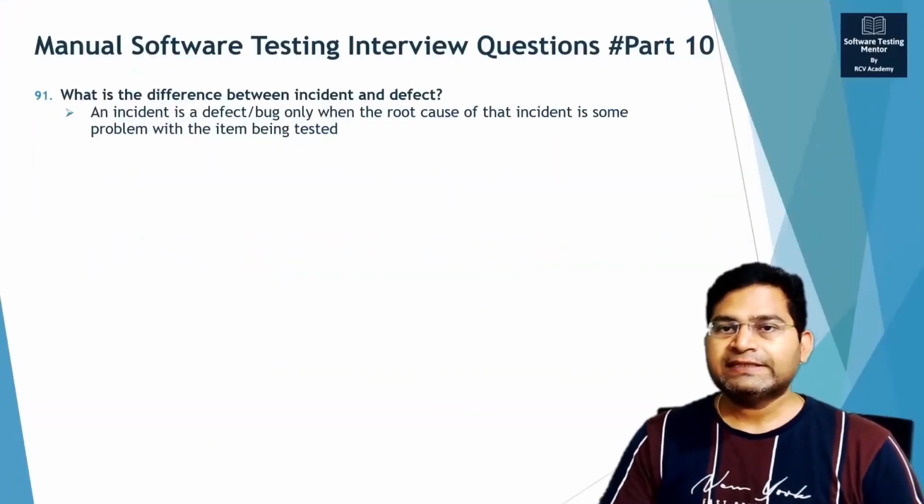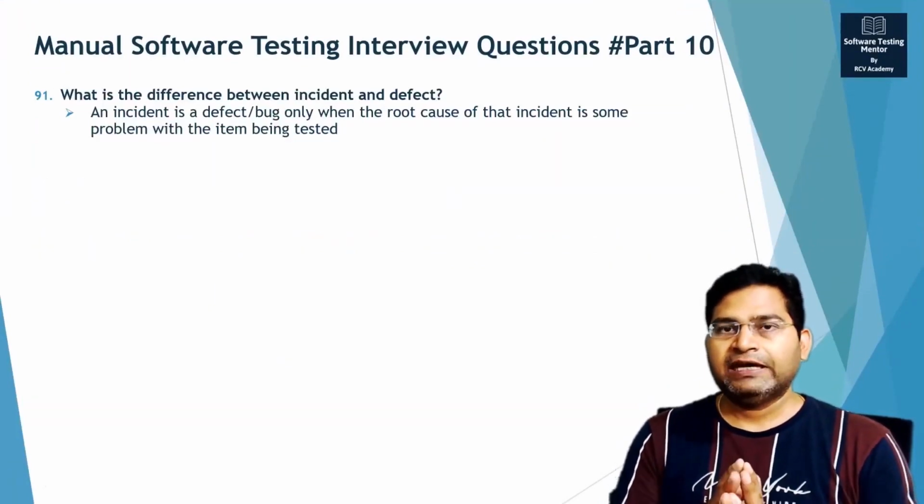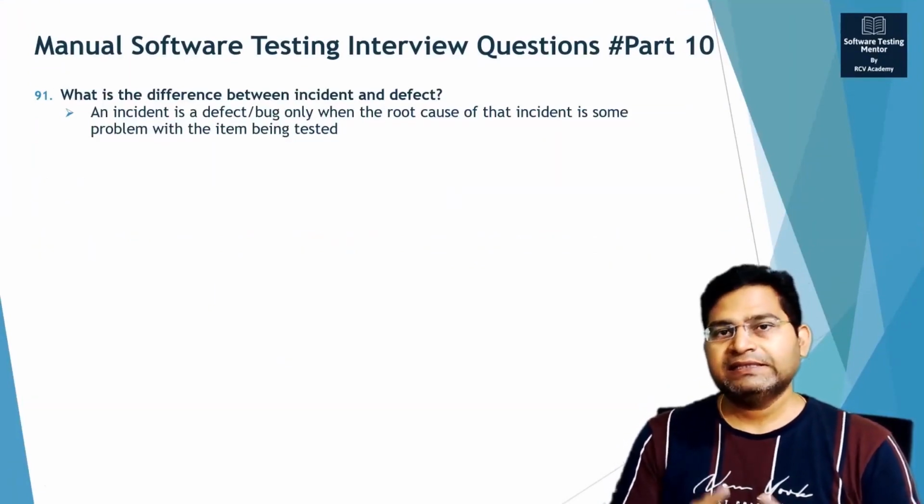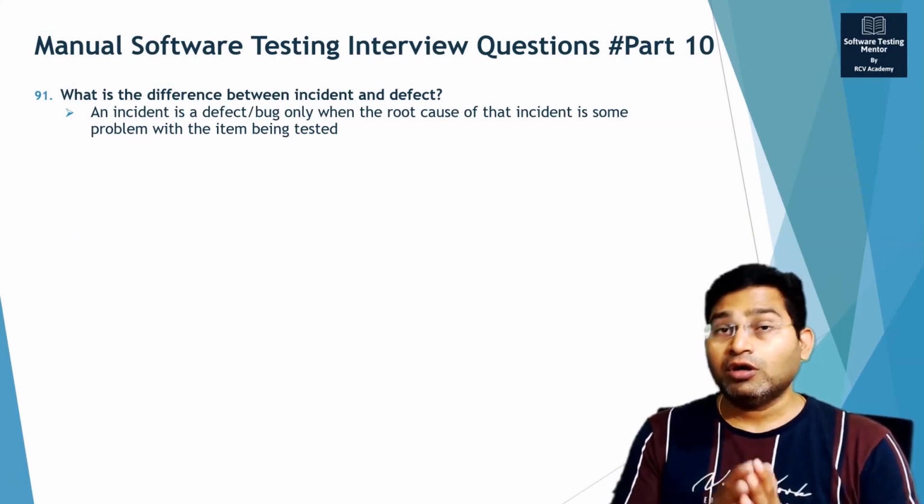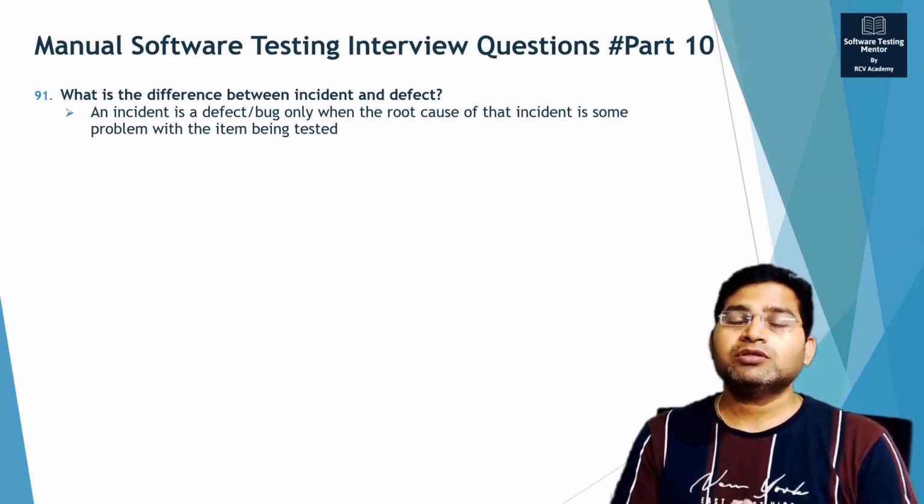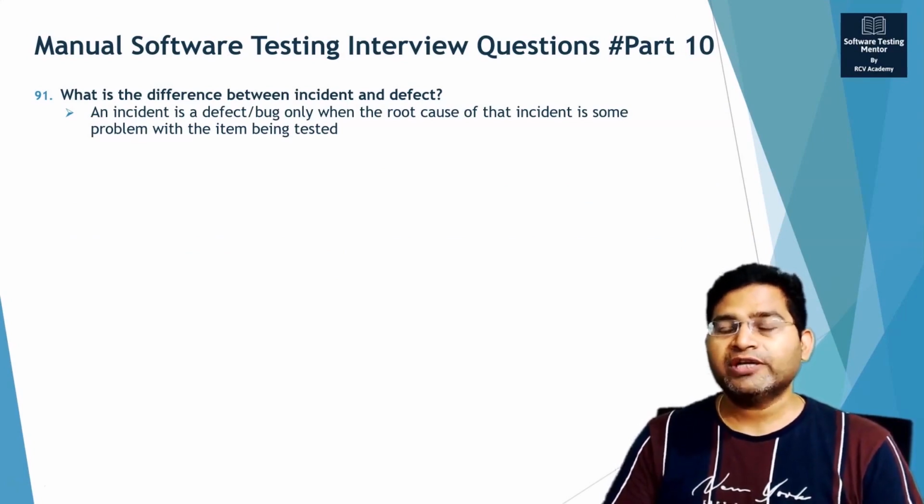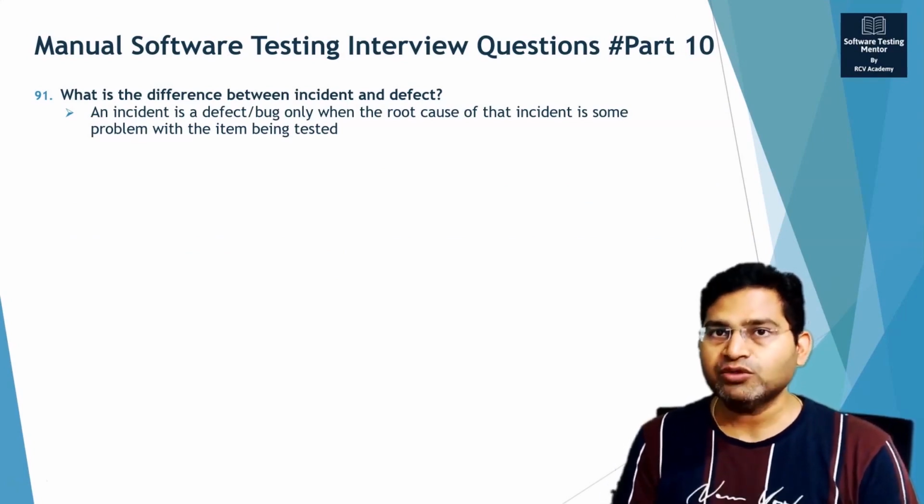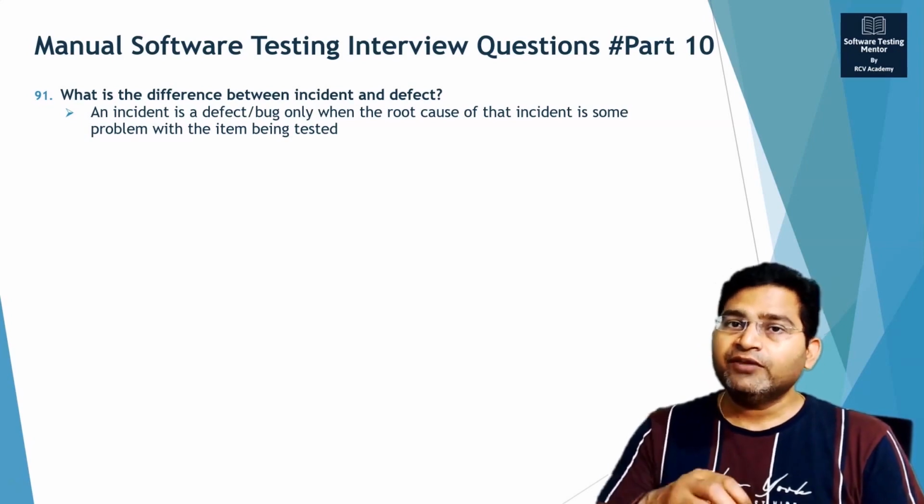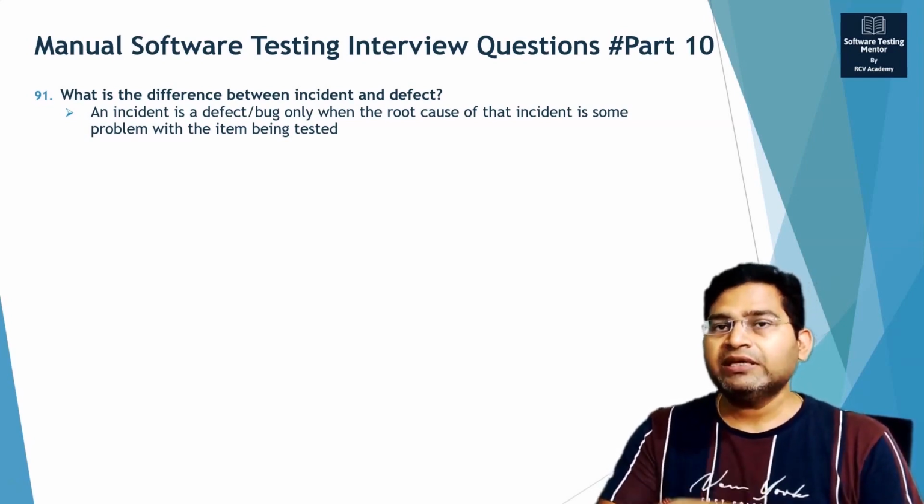What is the difference between incident and defect? So the brief and shortest answer is that an incident is a defect or bug only when the root cause of that incident is some problem with the item being tested, right? So whatever you are testing, whatever application or software you are testing, if the problem is within that